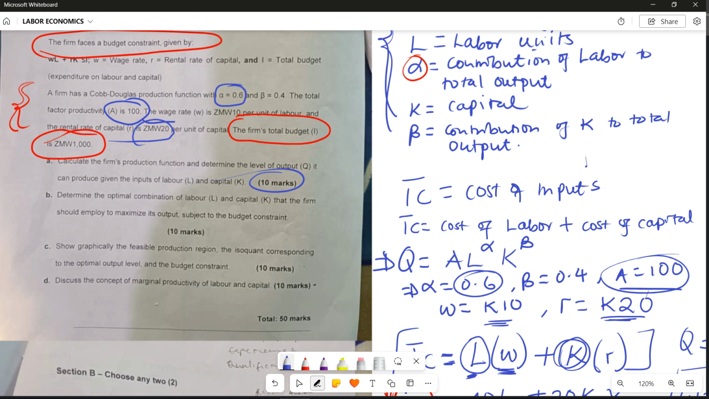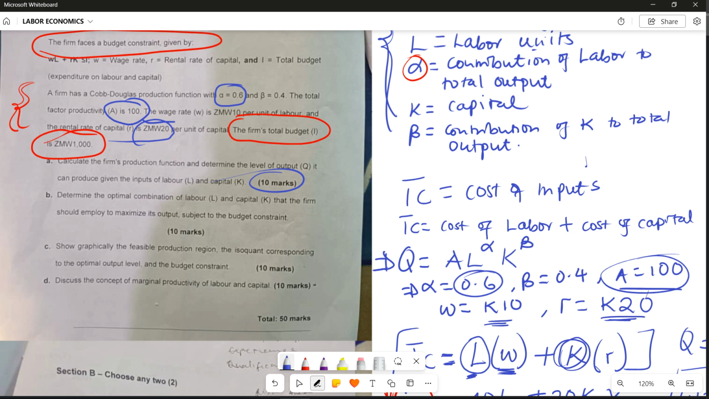For here, the question is saying determine the optimal combination of labor and the capital. The optimal combination of labor and the capital is just the inputs that you need. How many units of labor do you need? And also at the same time, how many units of capital do you need? So in short, what we have done so far covers for question A and question B. Because question A was just asking for output. Calculate the firm's production function, first part, and determine the level of output it can produce given the input of labor and capital. So we have